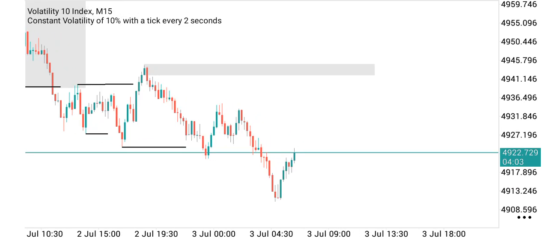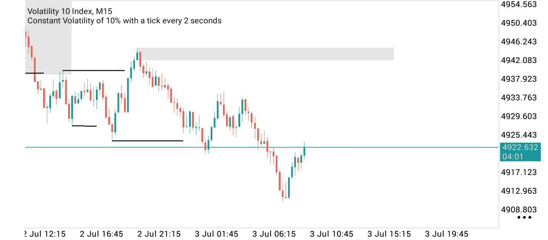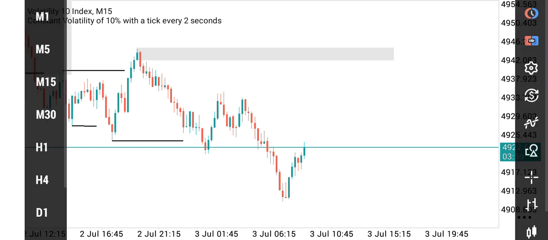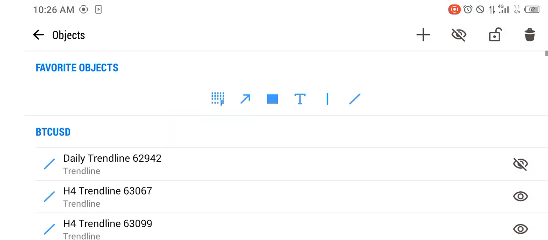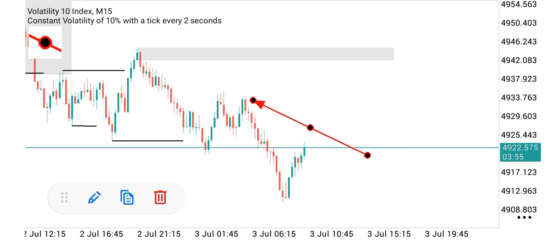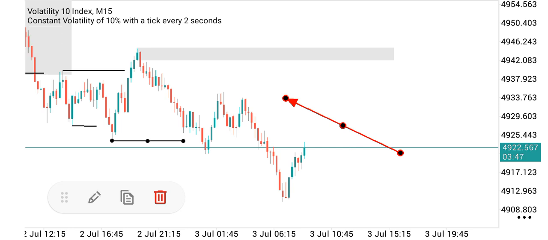And after marking my sweep of liquidity, one of the things I look at is whether the market has inducements. Yes, of course, this market has an inducement and liquidity. This is an inducement zone. All these are liquidity, because if you look at it now, the market is giving us another recent